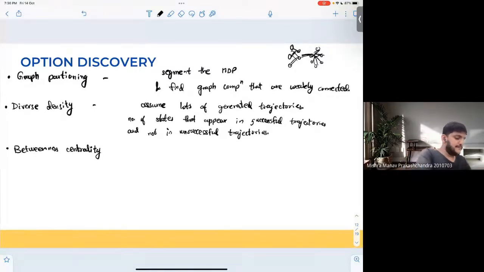So if you're familiar with graph theory or network analysis, betweenness centrality is basically a centrality measure for a node. A node has different centralities: it has degree centrality, betweenness centrality, and others. So here a node has a high betweenness centrality